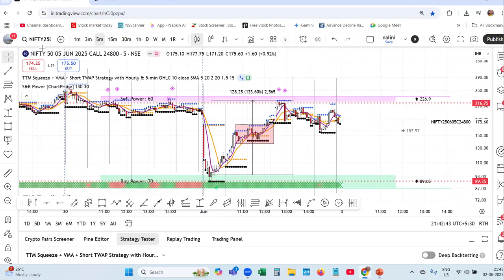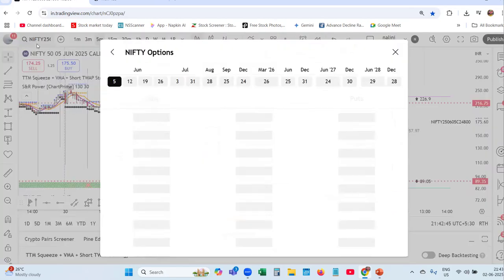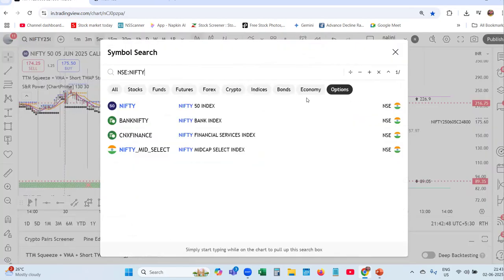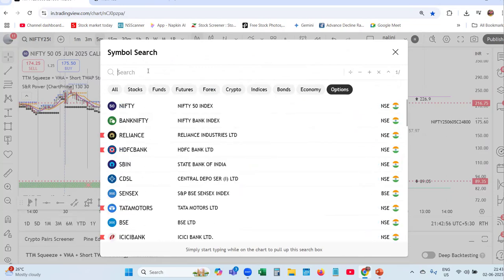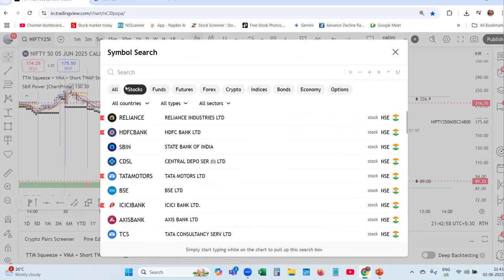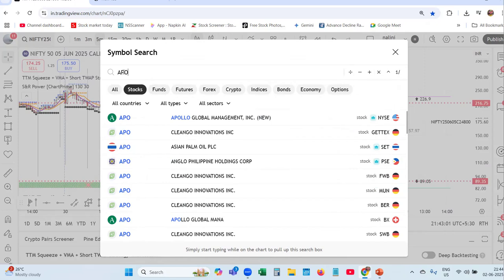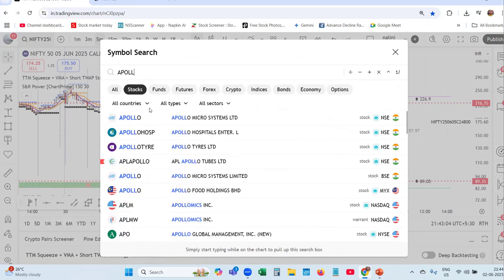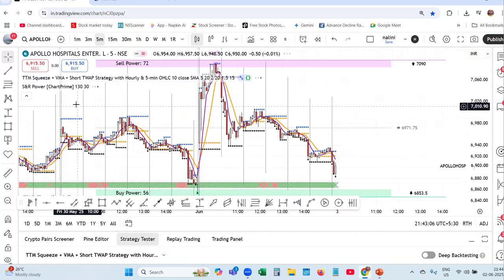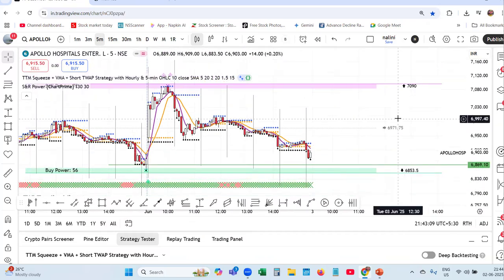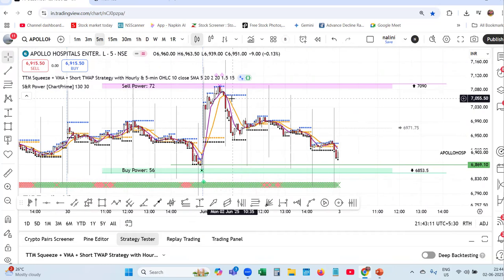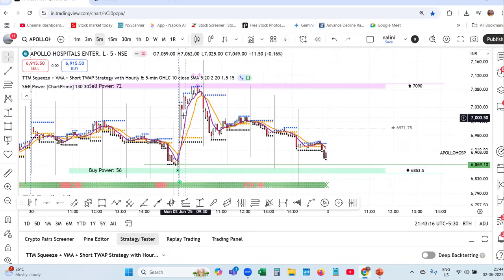So I'll tell you, before closing, I'll take an example of how you would have been saved by taking the trade in the stock I talked about, Apollo Hospital. Here, from the screener, I got this stock for the trade. It was perfect. But the screener gives you a delayed signal.